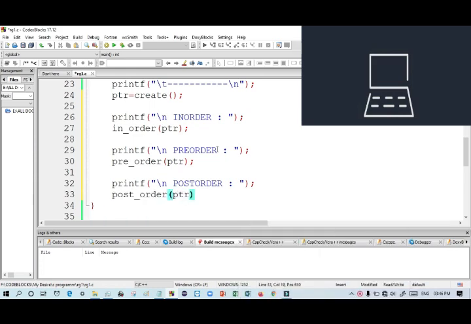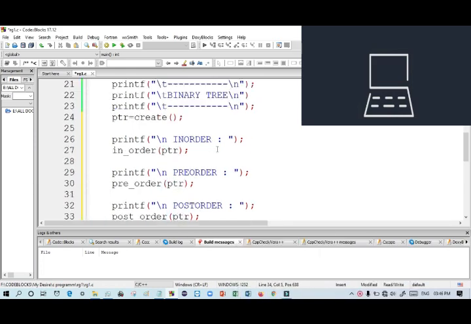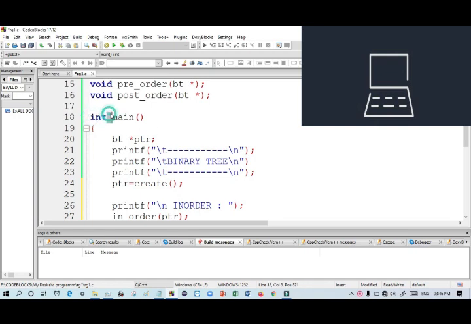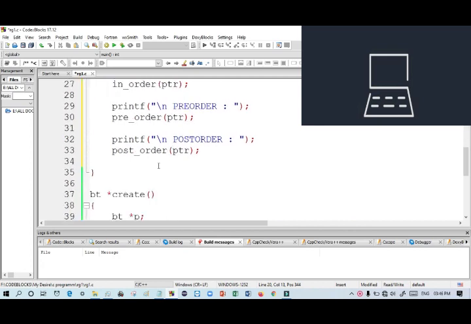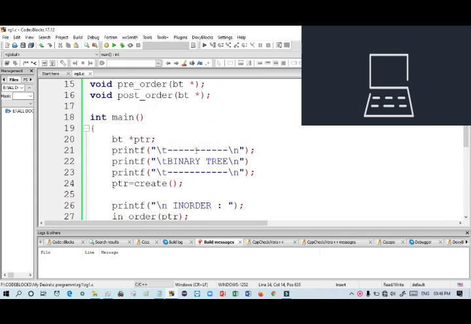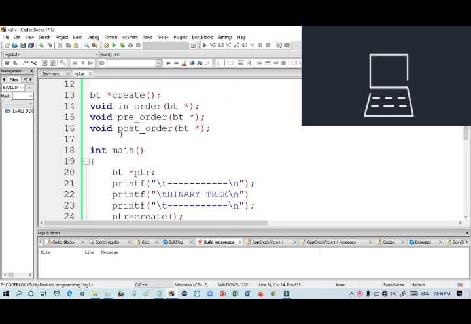PTO, then you know int main, the return type is int, main always returns something. I want to return 1, return 1. So now the int main function is done.